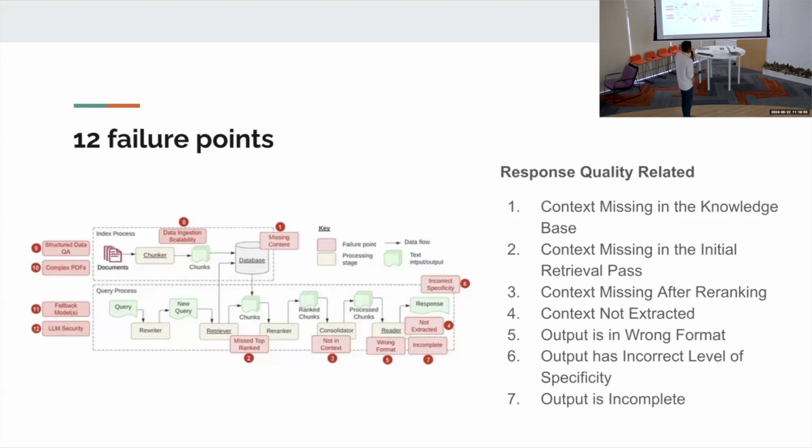Output has an incorrect level of specificity. This basically happens in the sixth. Where is that? This happens basically after ranking processing, when it comes to response, right? This comes under the evaluation part,